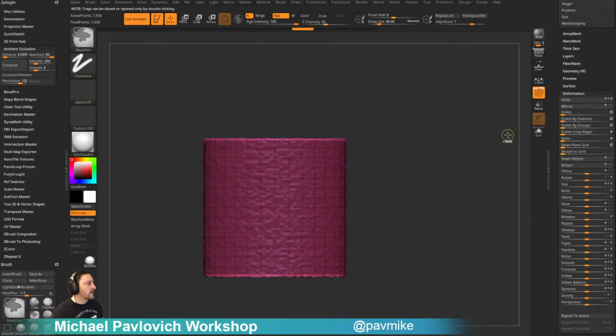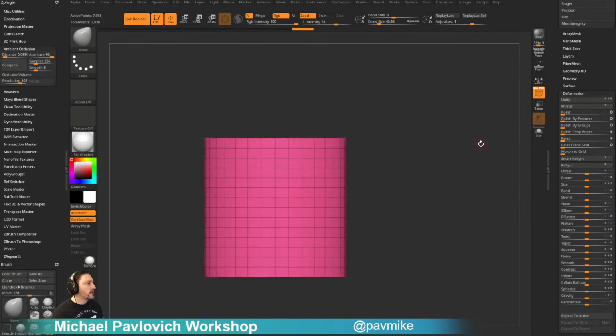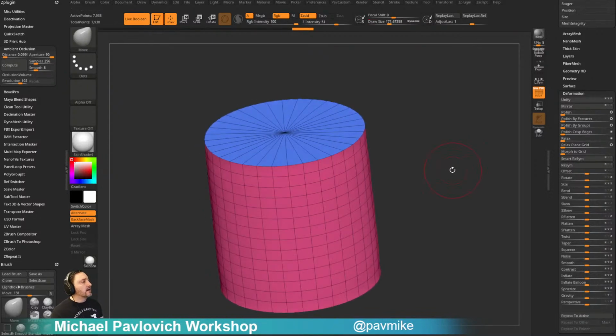Trying to get it so that it, trying to think of a way that'll get this back to a perfect cylinder. As you can see, there is a slight bulge there. That might be an instance of